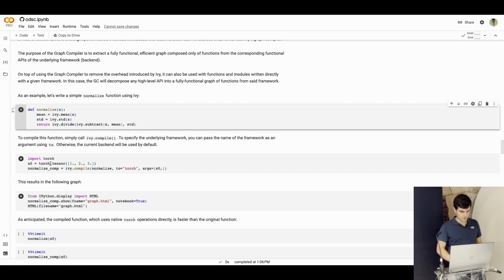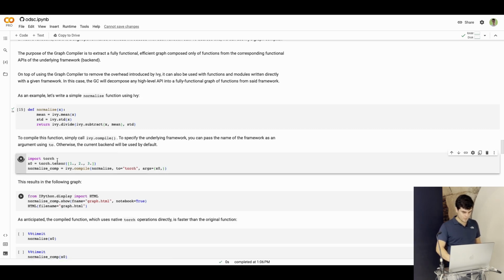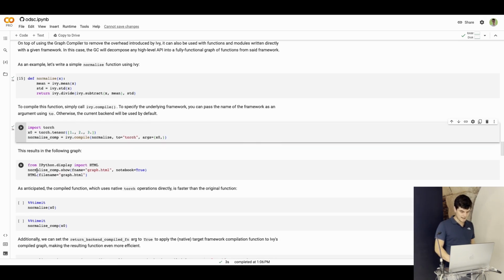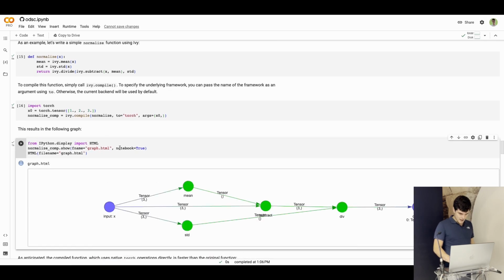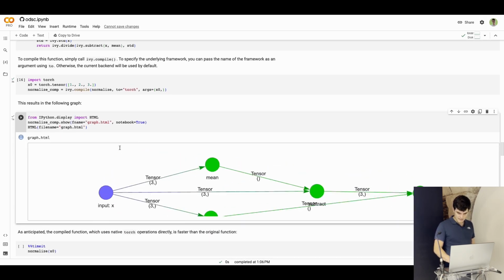We can then do so. So we import Torch, we get a Torch tensor, we have this normalize function, we want to compile it to Torch. What we then get is a graph as follows, which basically